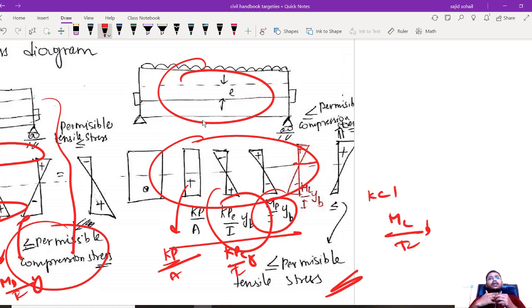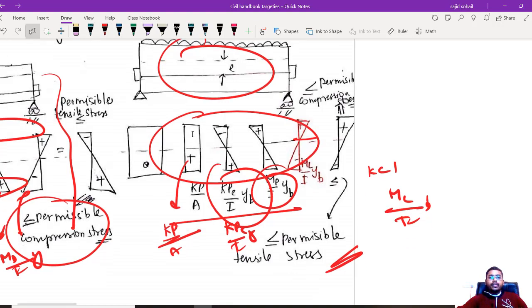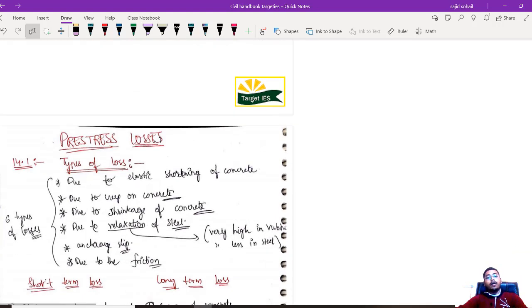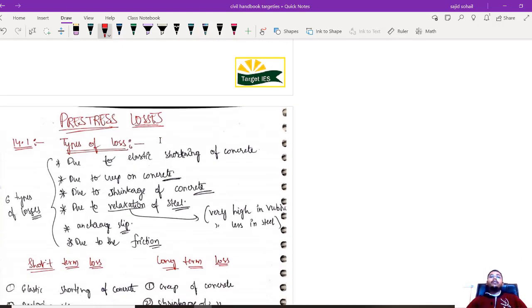Okay, done, will you remember? So this is a very simple topic which you should be knowing, not that important. But in the next module, I am going to start pre-stress losses, a very important chapter. From here, one question is must and should in your ESE. Okay, in your ESE prelims, one question is must and should from pre-stress losses.